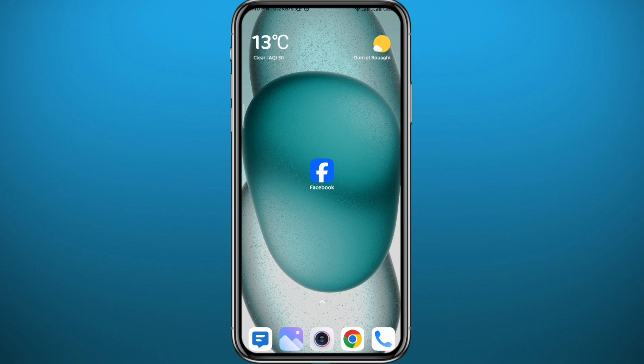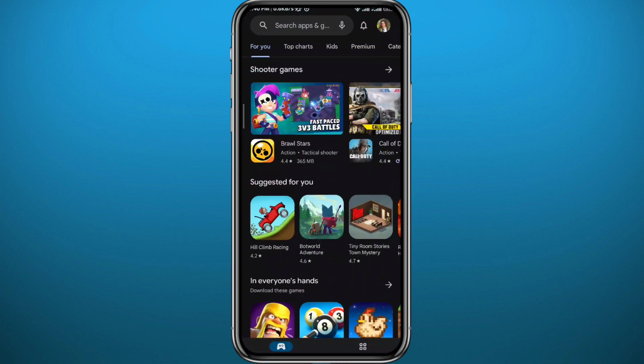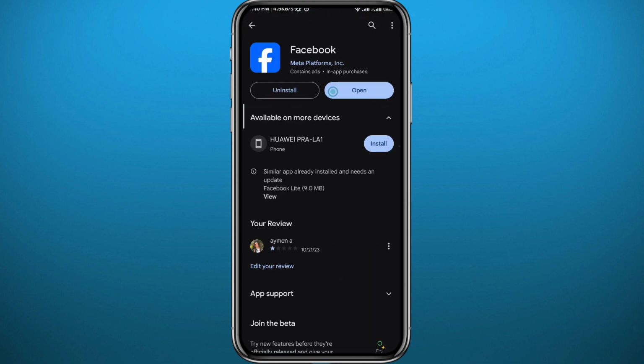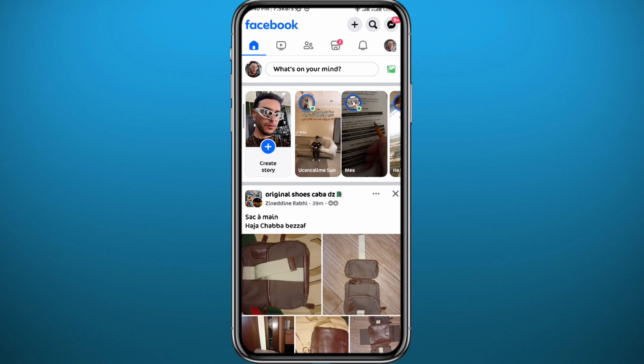Now since we're gonna be using the Facebook app on your mobile device, we need to get something out of the way. Open Play Store or App Store, depends on what device you're using. Find Facebook because we need to make sure we have the app updated to the latest version for everything to work properly. After the update, you can go ahead and open Facebook, make sure you are logged in and then